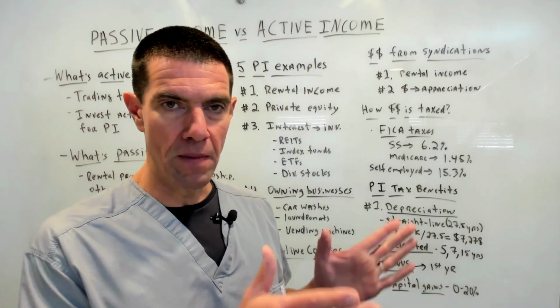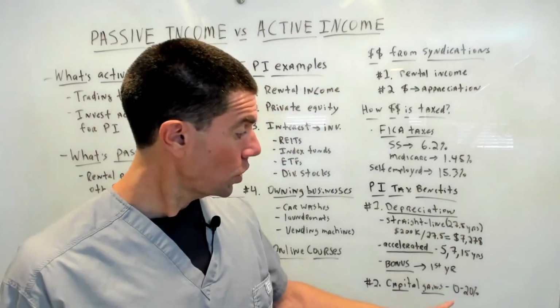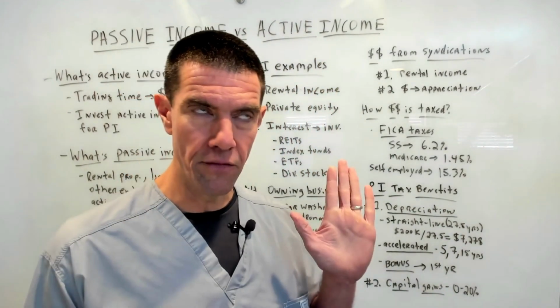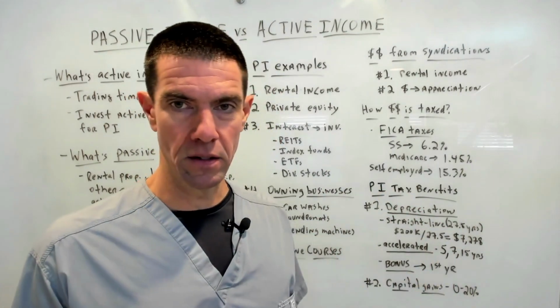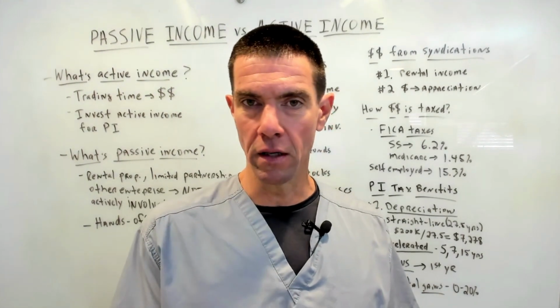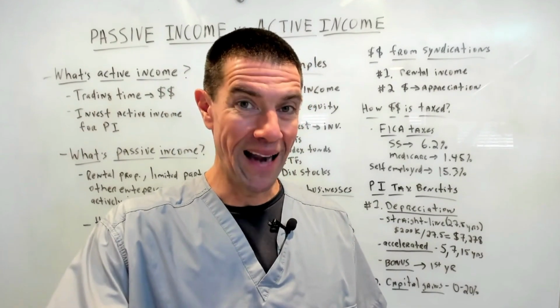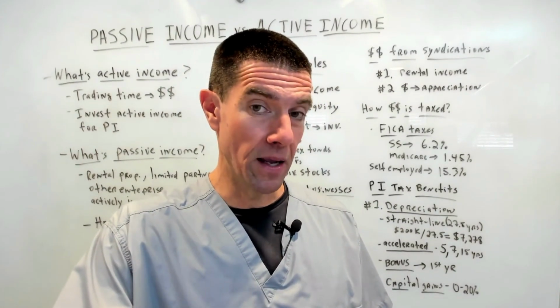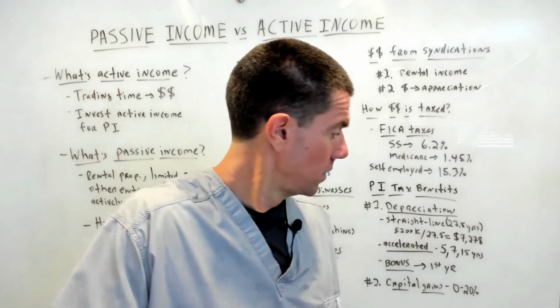So for instance, if you make $0 to $89,250 a year, you pay 0% capital gains tax. And if you make over $553,000, you're at 20% capital gains tax. And you may say, well, 20%, that's kind of high, but look at, if you make over $553,000 a year, look at what you're paying now on that active income. You're paying federal and state income tax, right? Probably close to 50% versus 20%.